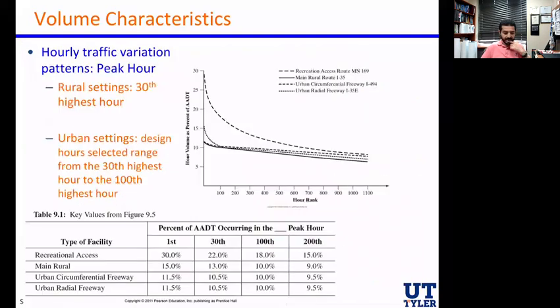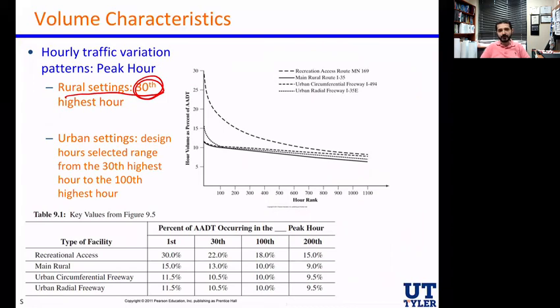All right. Next, here we have the hourly traffic variation patterns. Again, still talking about the peak hour. Now when we go to the design phase, which we talked a little bit about last chapter, for rural settings we typically pick the 30th highest hour of the year, and we base our design on that